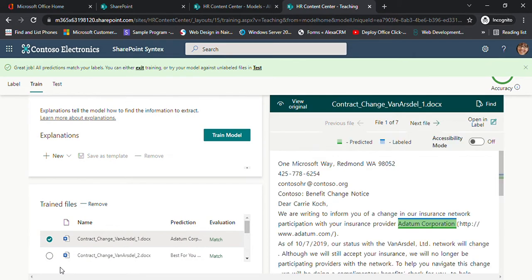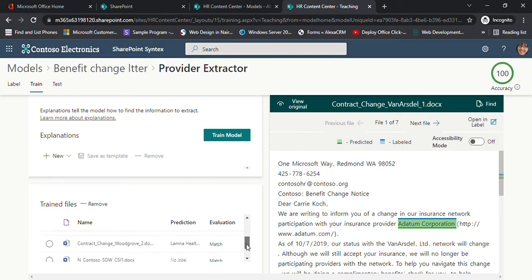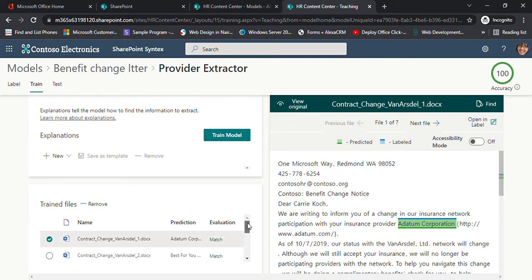And there you go. According to the evaluation that we've done, all the documents match the criteria that we do have. Some of them are scope of works and some of them are benefit change letters. Now, after creating this document understanding model and training it, we are going to apply this document understanding model to a specific